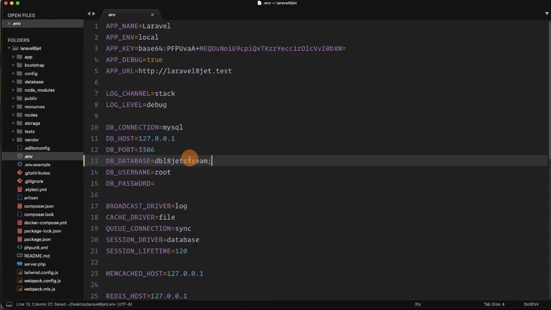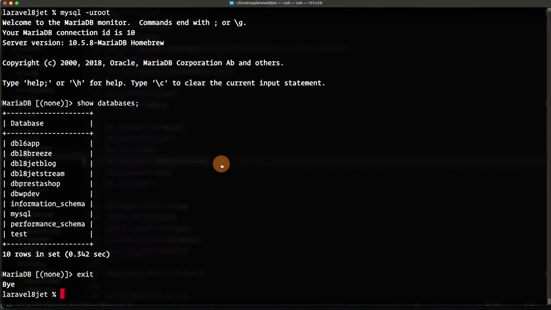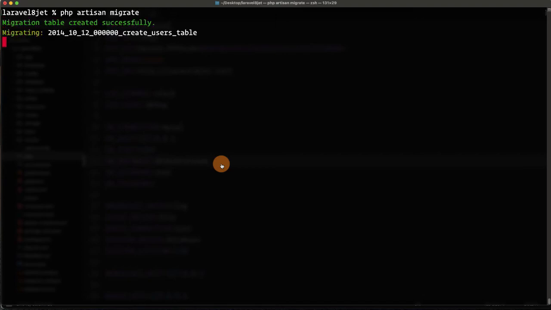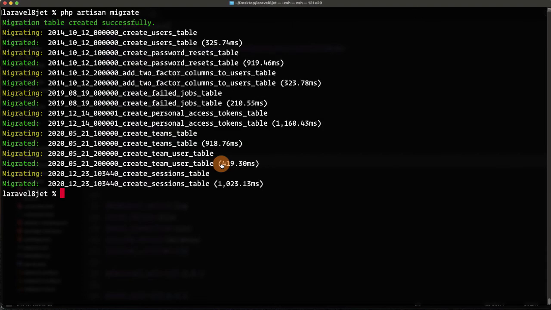Okay. Sorry, no semicolon. So save it and now get back to the terminal, exit from here and clear the screen. Now run php artisan migrate, and this time it will create the migrations inside your database and create all the required tables which will help you to run your Laravel 8 Jetstream application. So that's it. You have successfully created your Laravel 8 Jetstream web application with Fortify authentication and Livewire frontend using